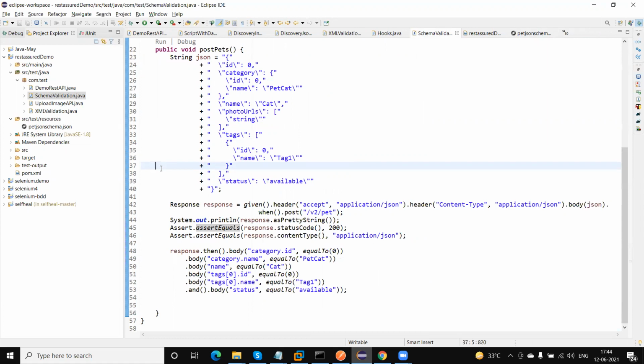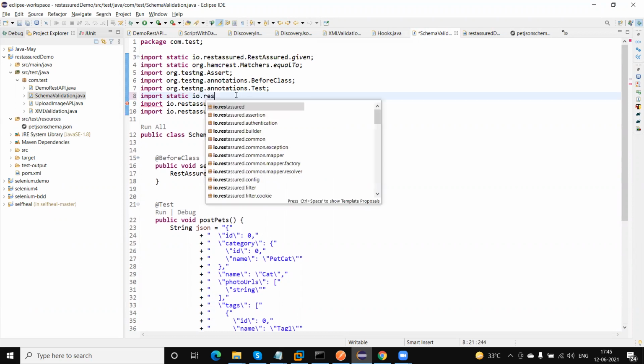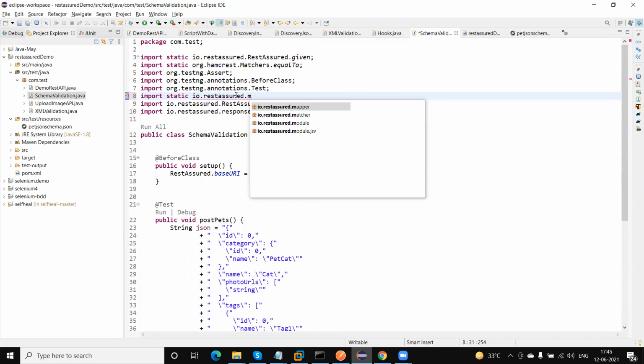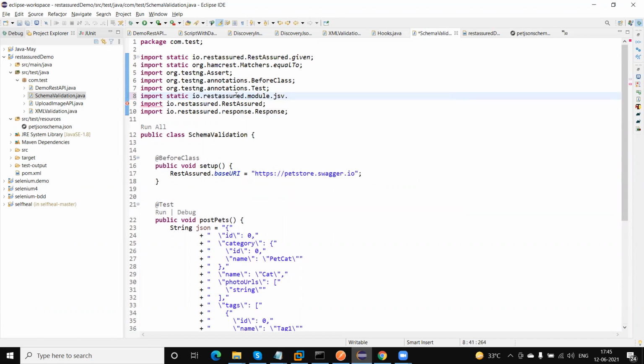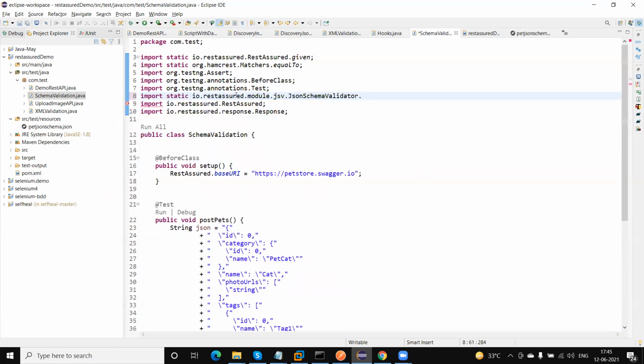So we require some jar file, which I have already included. Now we need to import the class. First of all, let me show what class we require to import. Click on import static io.restassured.module.jsv.JsonSchemaValidator.